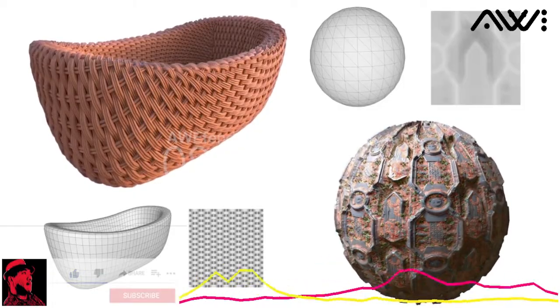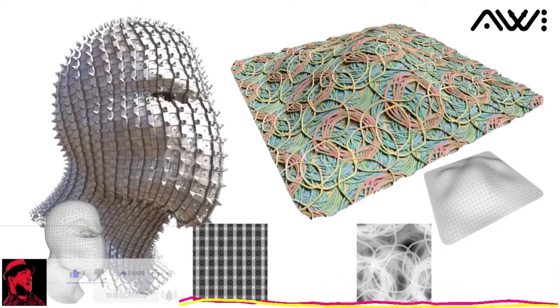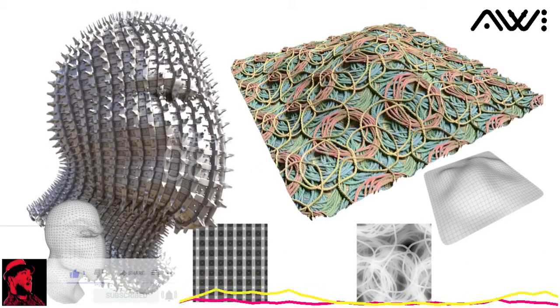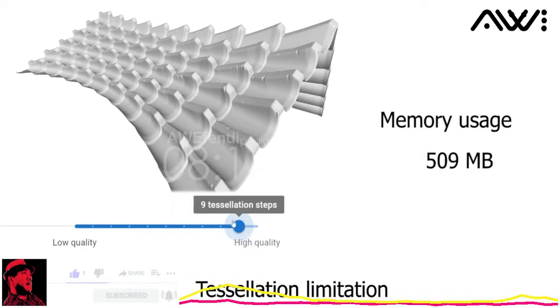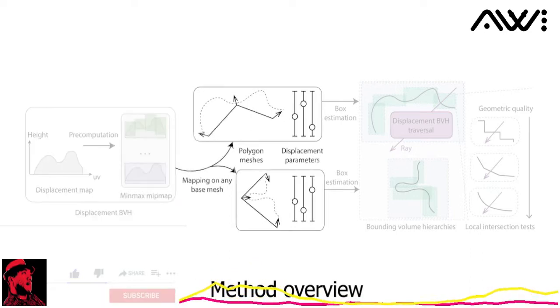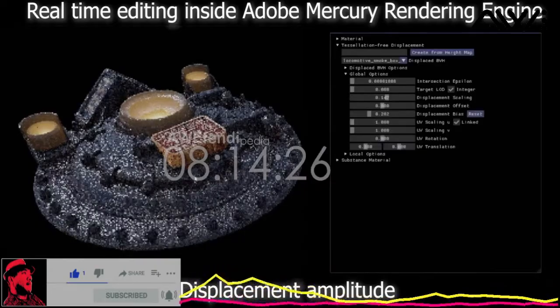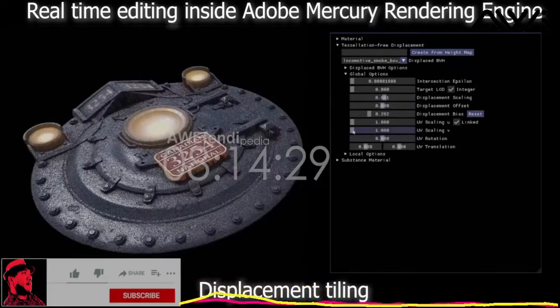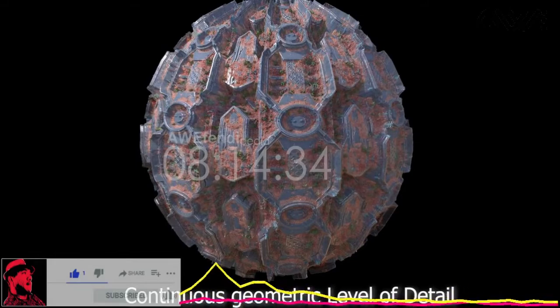Displacement mapping is a powerful tool for adding geometric details over a surface mesh using a texture. But ray tracing displaced surfaces is challenging as micro details must be made randomly accessible. Tessellation requires discretizing texture-mapped displaced surfaces, leading to unacceptable memory usage for high resolution displacement maps. We propose instead a displacement-centric acceleration structure that can be mapped as a texture on triangle meshes. The actual bounding volumes are only computed on the fly at ray query time. Our method enables interactive design choices, such as modifying the displacement amplitude or increasing the amount of tiling, in real time with minimal memory overhead. We also support geomorph level of details and a range of local reconstruction filters.